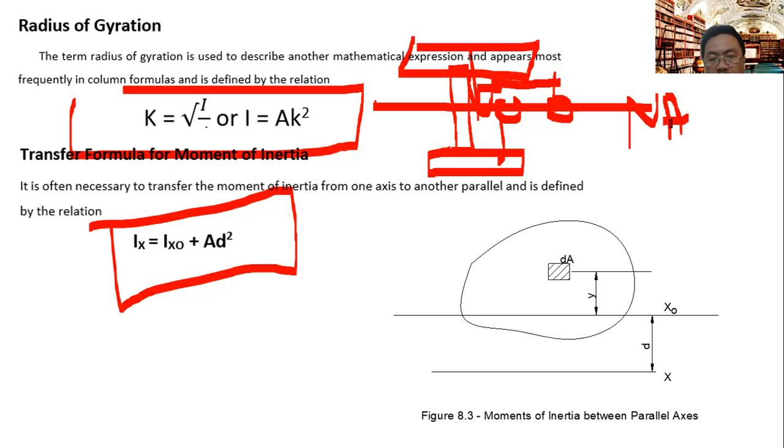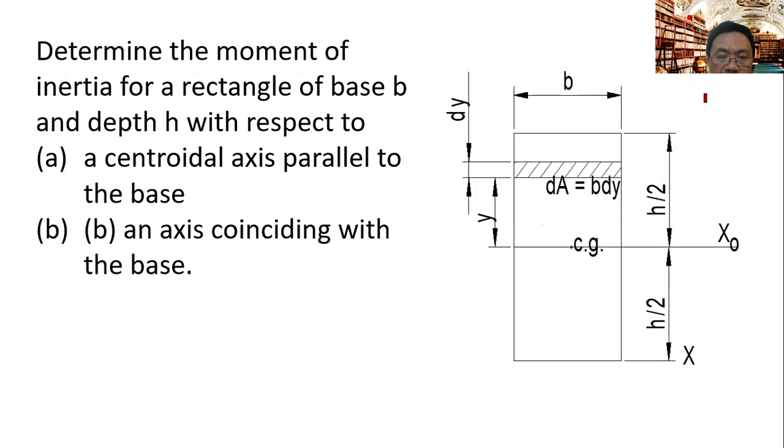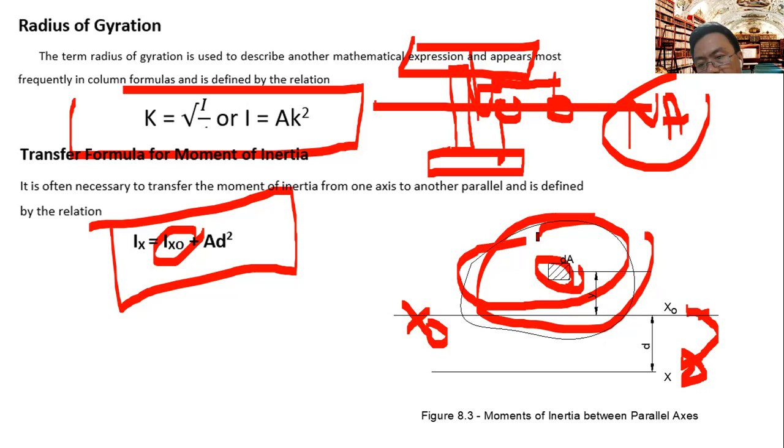So we just have to transfer, for example, the neutral axis of this body is here. Now from here, we are going to transfer to a certain axis, maybe the neutral axis of the whole built-up section, just like this one. So you just need the moment of inertia with respect to XO, this one is the XO, of this body, and then the area of the section, if it's a rectangle or whatever, or an angle bar, and then you need to transfer here.